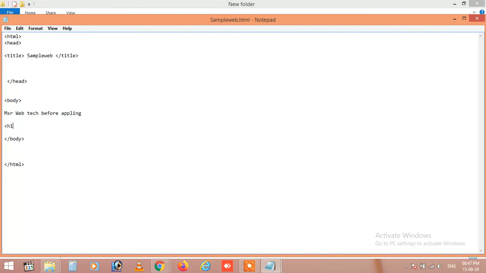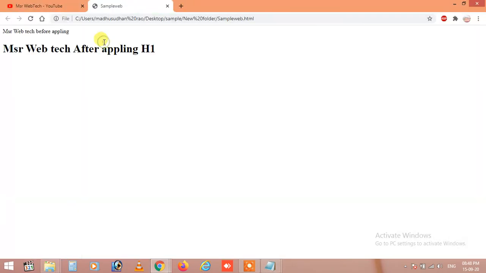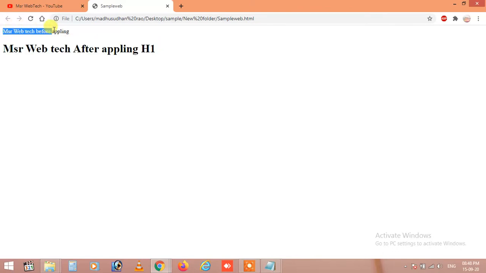After applying the h1 tag, we will get the output MSR web tag after applying h1 tag. Let's save this file, go to the folder where you saved this, and double click on it. Yes, MSR web after applying h1 gets the h1 tag effect, and before applying it is a sample web page.